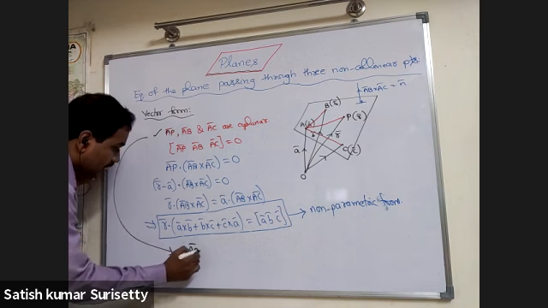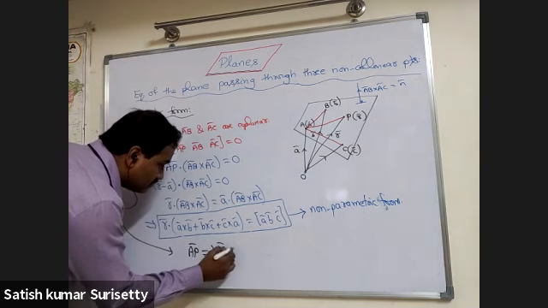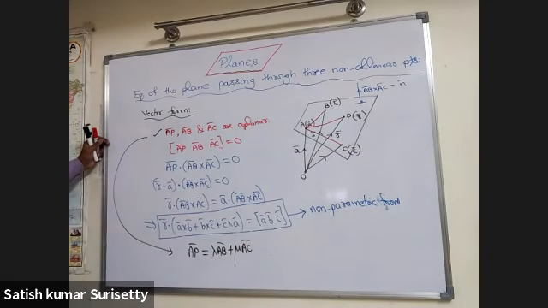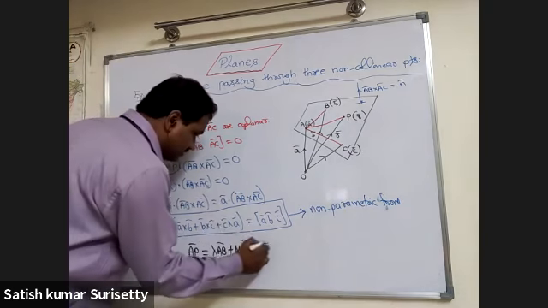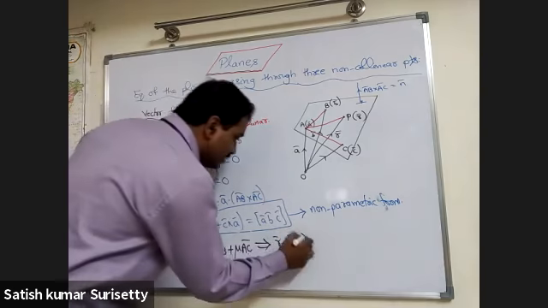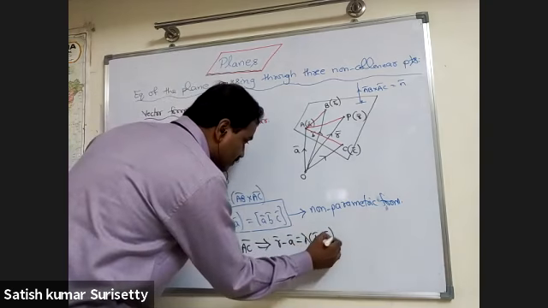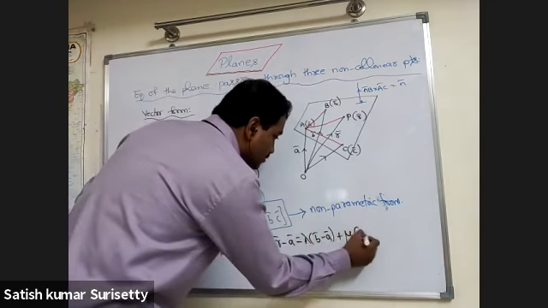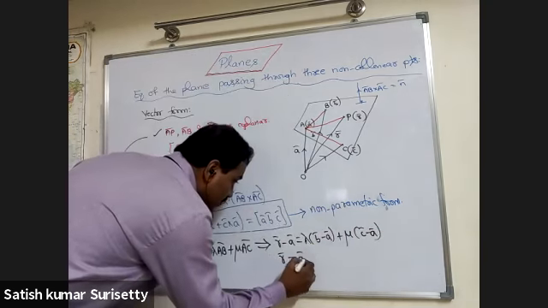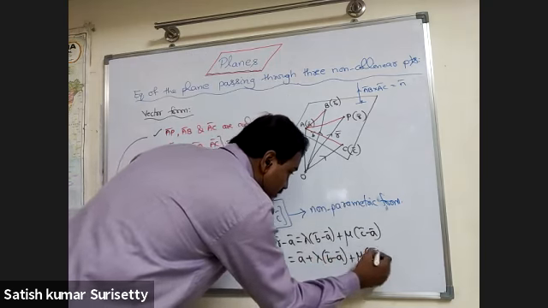That is, AP bar, I can write as lambda AB bar plus mu AC bar. So one vector is a linear combination of the other two vectors. Now in terms of position vectors, R bar minus A bar equals lambda times (B bar minus A bar) plus mu times (C bar minus A bar). So R bar equals A bar plus lambda into (B bar minus A bar) plus mu into (C bar